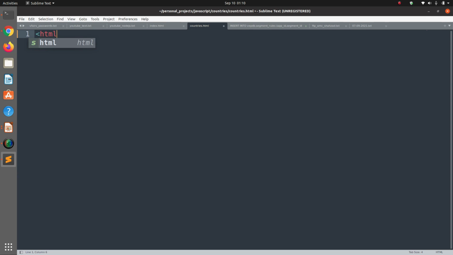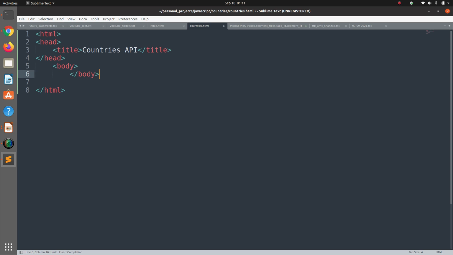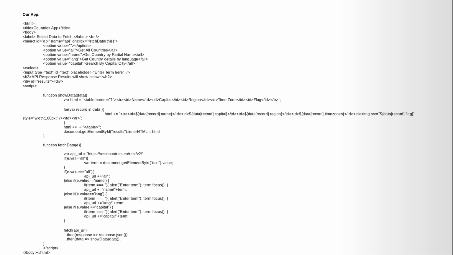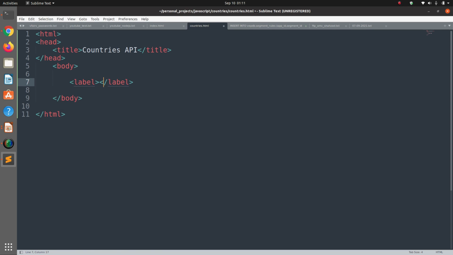So let's start with HTML, then we have the title, countries API. This comes under the head tag, and this closes the head tag. Then we have the body, and within the body we are going to add a select option and the placeholder. So the label is select data to fetch. Then we have a break,